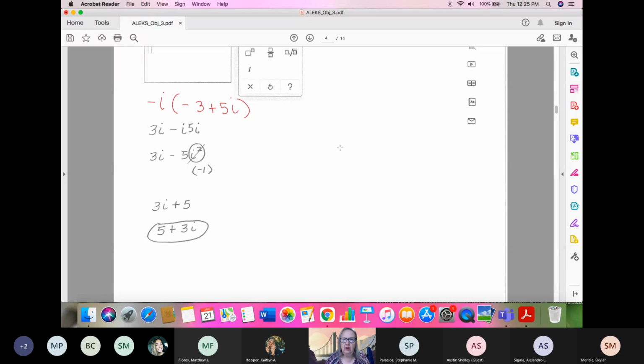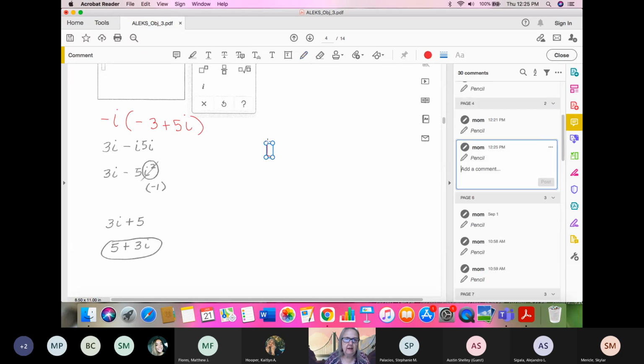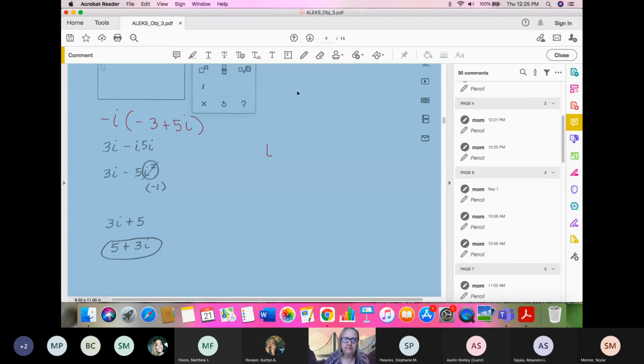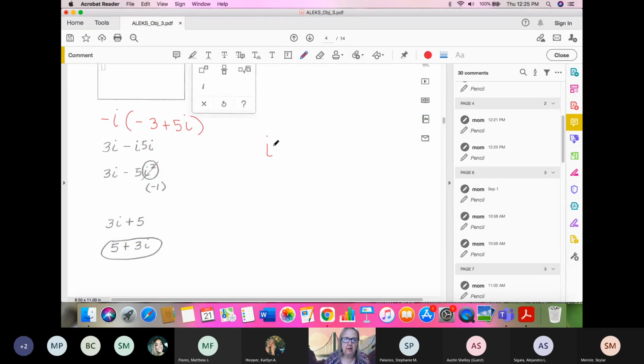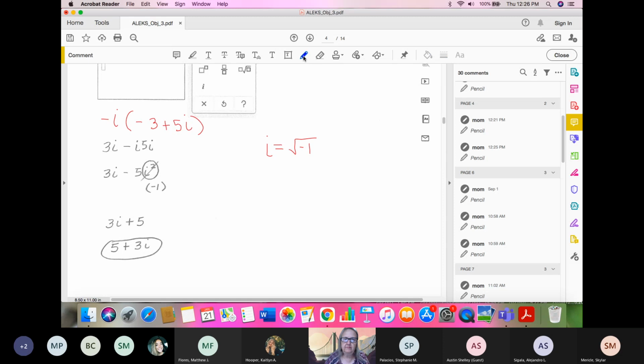So if we take a look at the square root of -1 being i for a moment. So i is equal to the square root of -1. What happens when I square both sides? So now we want to square both sides. So we're starting with that. Let me get a different color. How about blue? Let me make sure I've got the blue going there. So if we want to square this side,